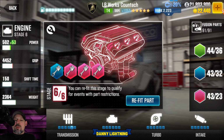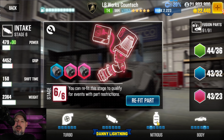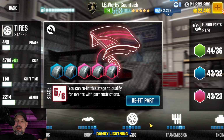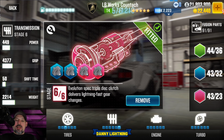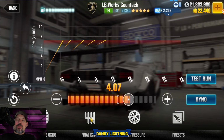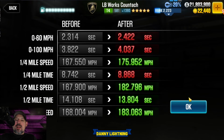Alright, so on this one, put your engine to stock, turbo stock, intake stock, nitrous 2, body is going to go up to stage 6, tires on stage 3, and we're going to put our transmission on stage 6 as well, and then the other parts are stock. Now we're going to throw our nitrous all the way to the right. I know that sounded funny, but just put your nitrous all the way to the right. Don't pay attention to what I just said, that didn't come out right. Put your final drive on 4.07, and then put your tires on 8 psi,